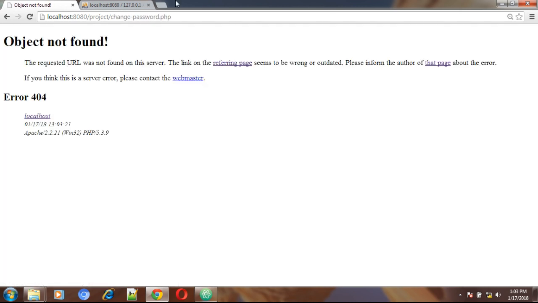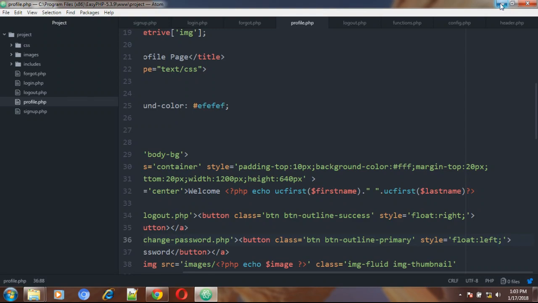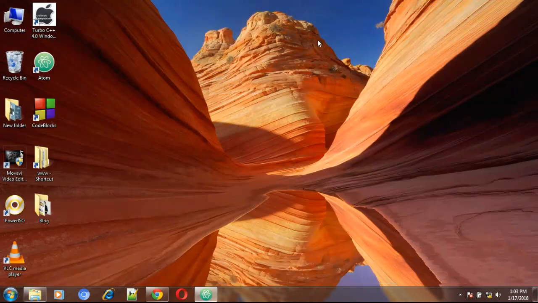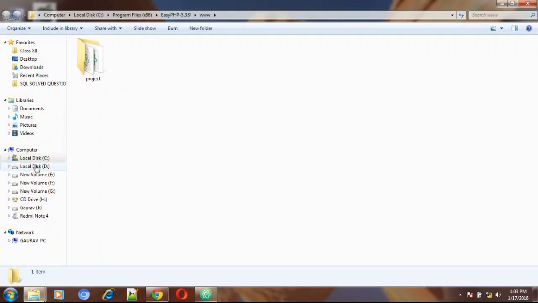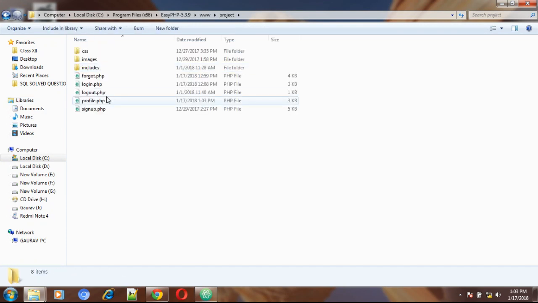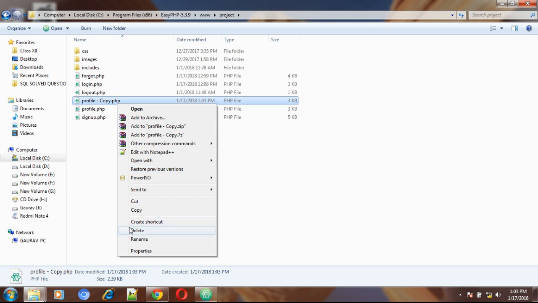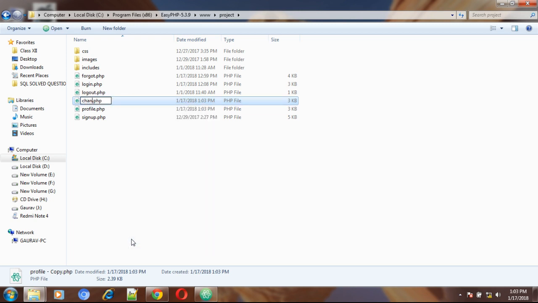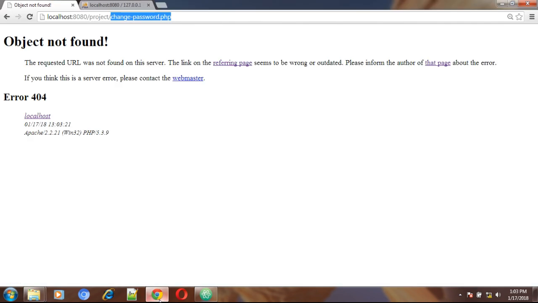If the user clicks on this button, he is redirected to a new page which is changepassword.php. So now we are going to create the changepassword.php file. We'll just copy the profile page and paste it over here, and we'll just rename it as changepassword.php. Okay,